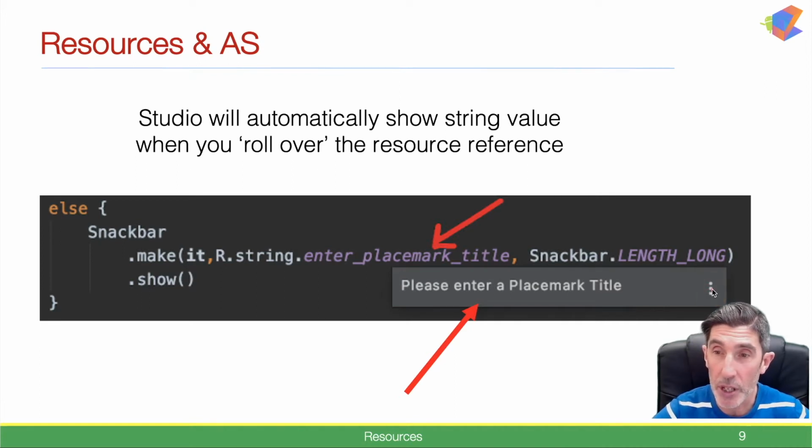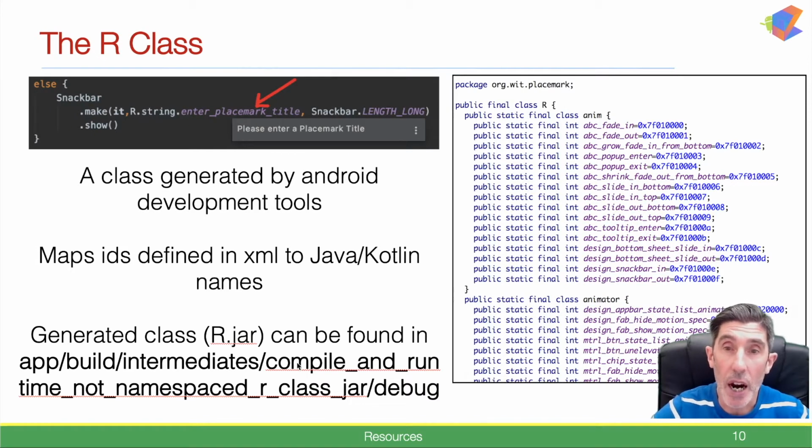There are a few other options if you click on the ellipsis, the little three dots. So it's a kind of handy feature within Android Studio itself. Okay, in terms of the R class,